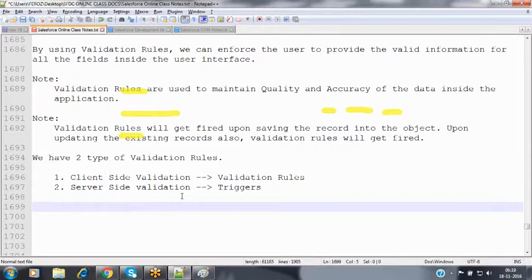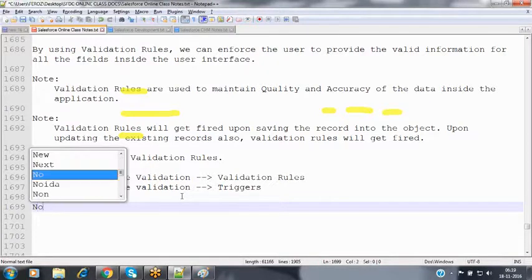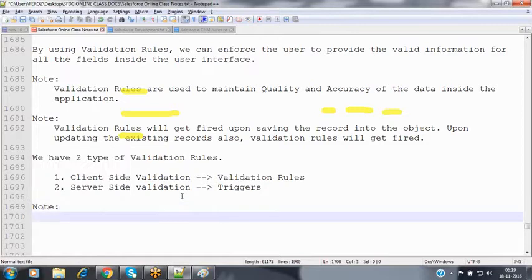So now we have validation here, client side and server side. Which one is the most recommended? Do we need to validate the data at the client side always, or at the server side? When coming to validation, it is always recommended to do the validations at the client side only, because we shouldn't put more load on the database server. Utilize the database resources very efficiently. So always have the validations at the client side.